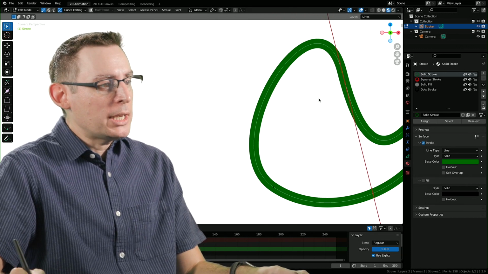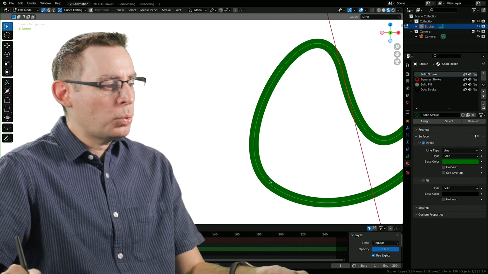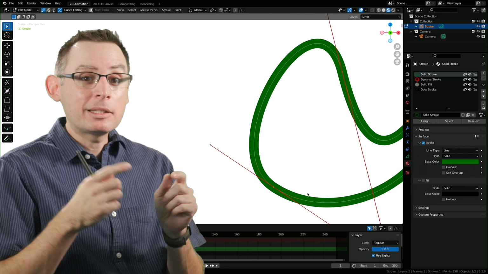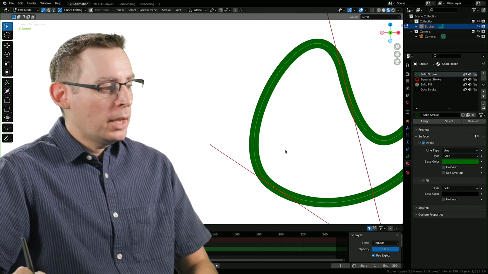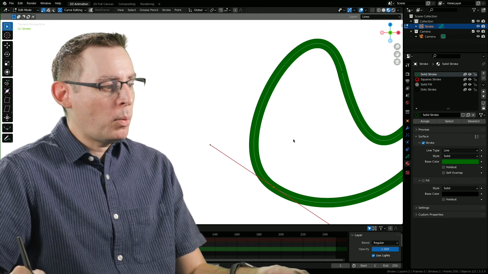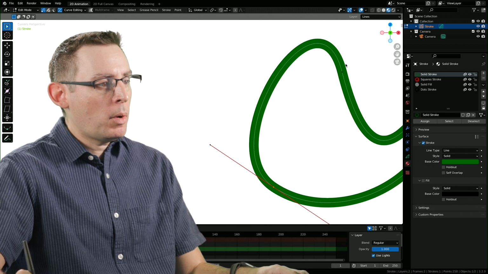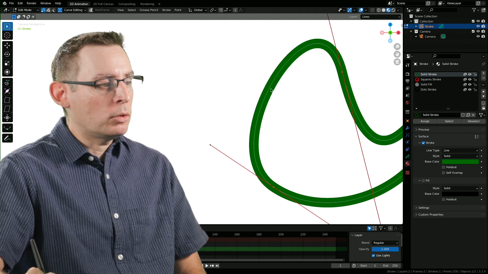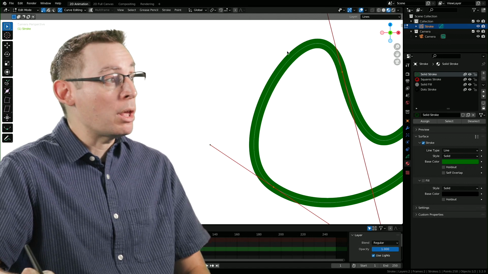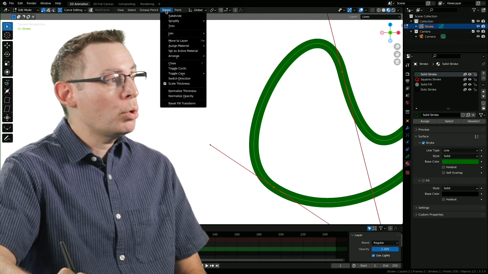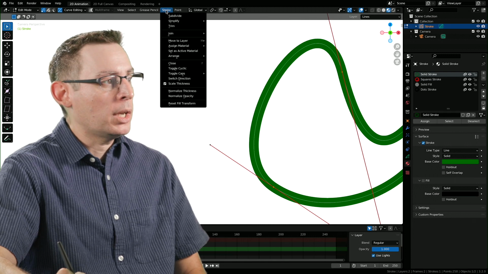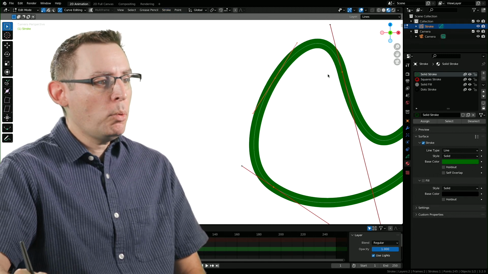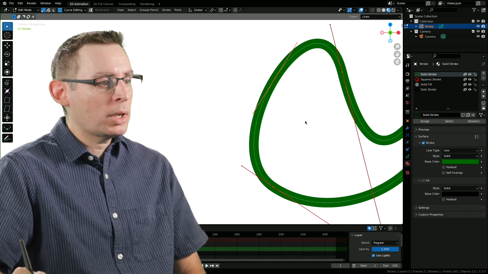At times, what you're going to need is maybe a handle in between these 2 points. And we can do so real easily by subdividing the curve. Now, what we're going to do here is I'm going to grab that point down there, this one, and I'm also going to grab this point right in here. I want to have another handle right here in the middle, and luckily we can do that real easily by going into the stroke pull-down menu at the top of the screen, and the option that we're going to choose, subdivide, and that's going to put a point in between the 2 selected verts.